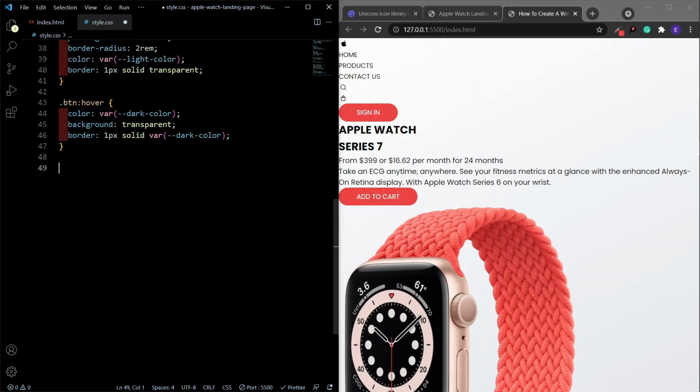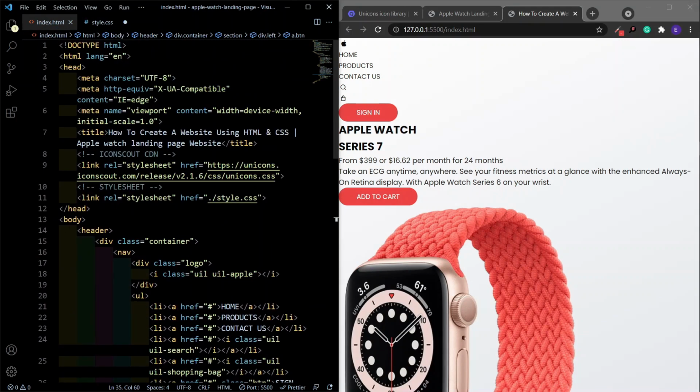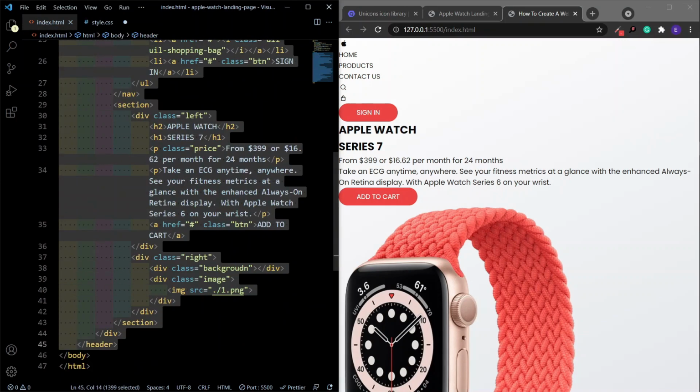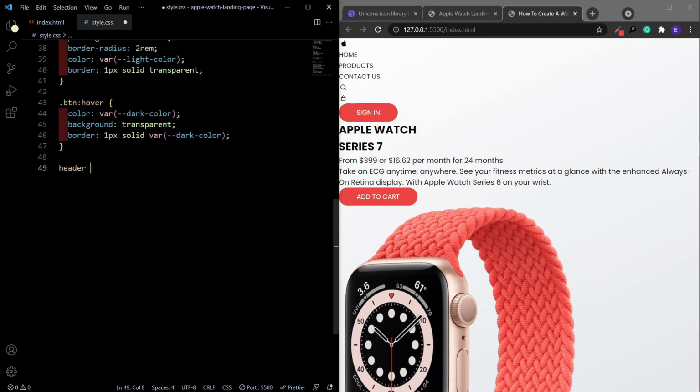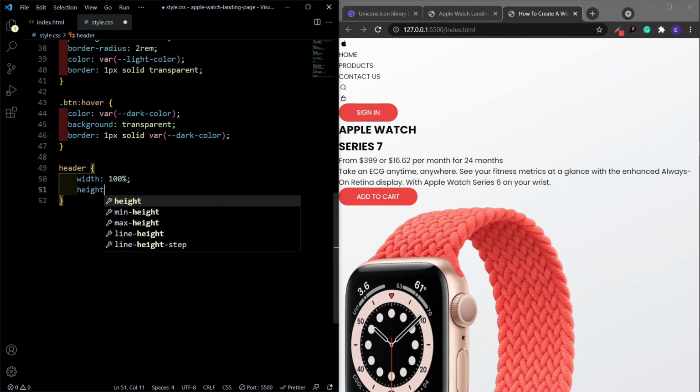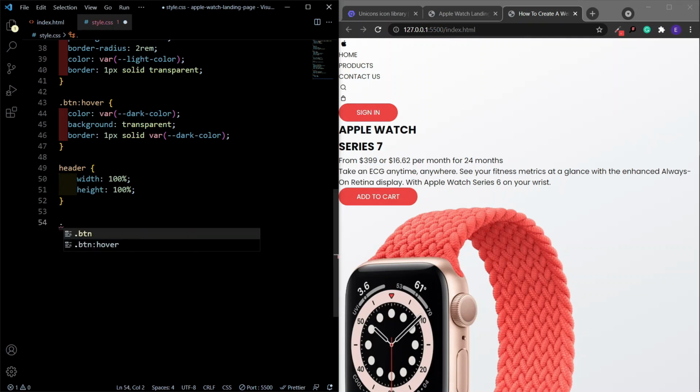All right, now let's move on to the main header. You see we put everything in the header tag. The header is going to have a width of 100% and a height of 100% as well. And the container, which is inside the header, is going to have a width of 86% and the